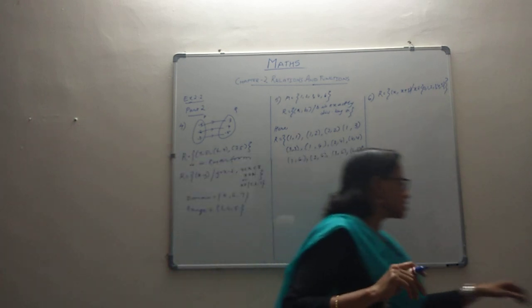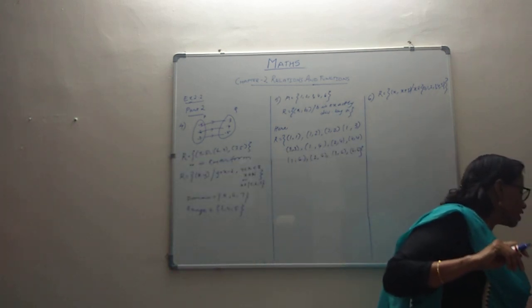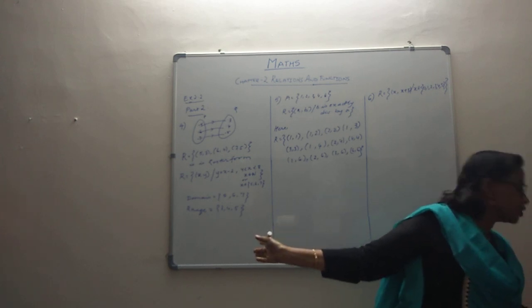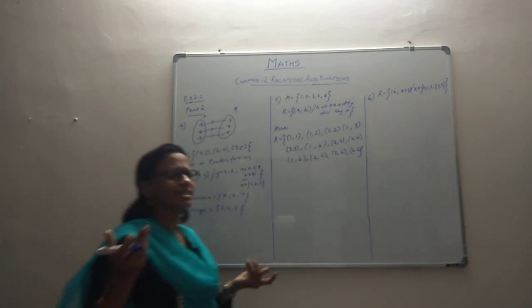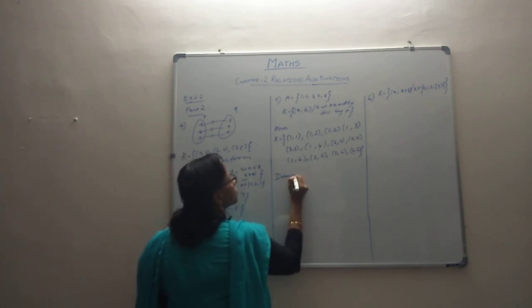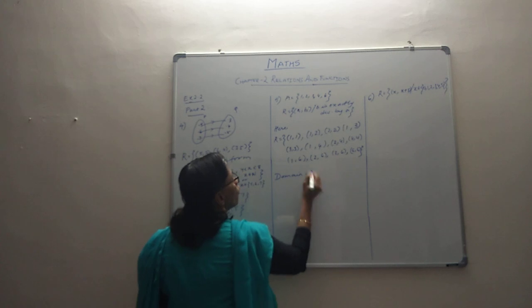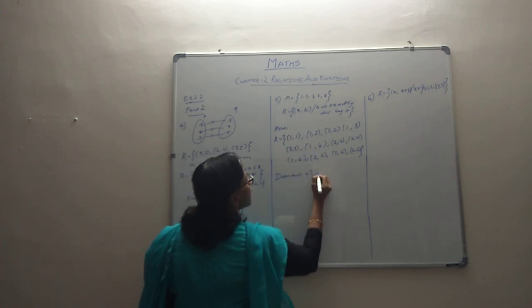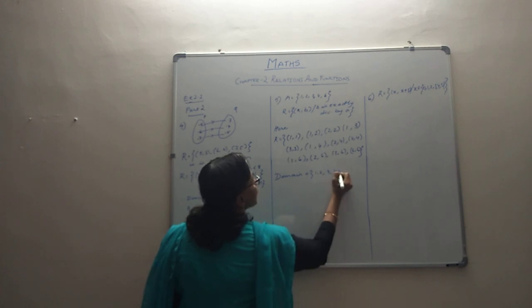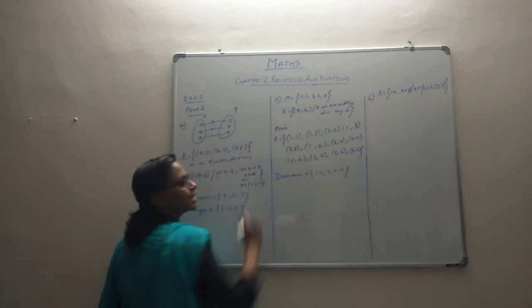Now having got this as a relation, what does the question say? You have to write it in roster form, we have written it. Then they ask us to write the domain and the range. It's very easy. We have been doing this, right? Therefore, what's a domain? The domain is, as I said, all the first elements. Gather the first elements: 1, 2, 3, 4 is there and 6 is there. That means it's the set A itself.